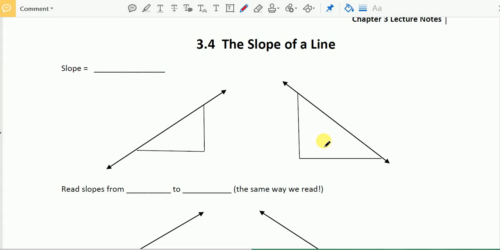So last time we stopped at 3.4, the slope of a line. So remember, the slope is the rise over run, right? Rise over run is for the slope. Now, you always go from the left to the right to find the slope. So if you go from left to the right and take the rise over run, you see the slope is